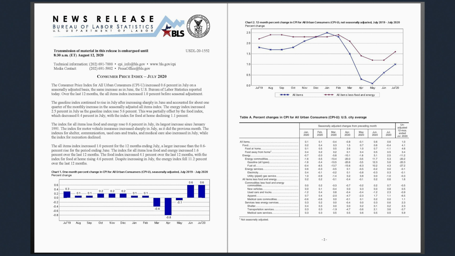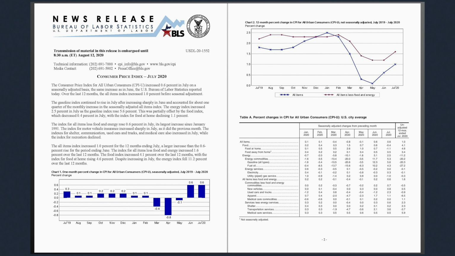Over the last 12 months, the All Items Index increased 1.0% before seasonal adjustment. The Gasoline Index continued to rise in July after increasing sharply in June and accounted for about 1/4 of the monthly increase in the seasonally adjusted All Items Index. The Energy Index increased 2.5% in July as the Gasoline Index rose 5.6%. This was partially offset by the Food Index, which decreased 0.4% in July, with the index for food at home